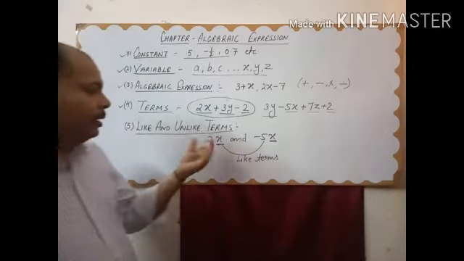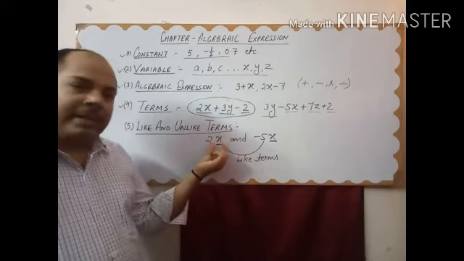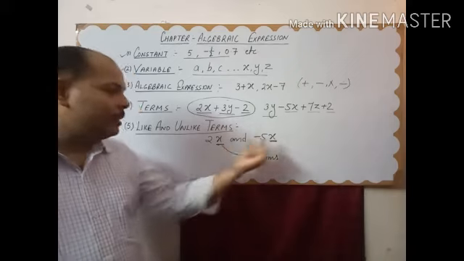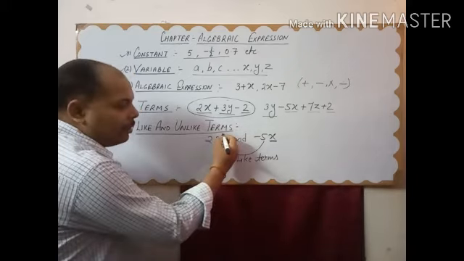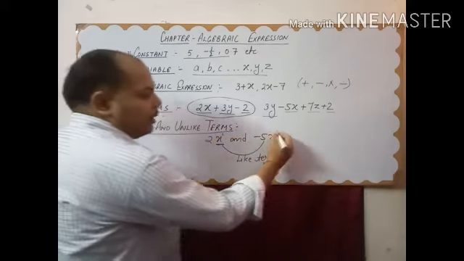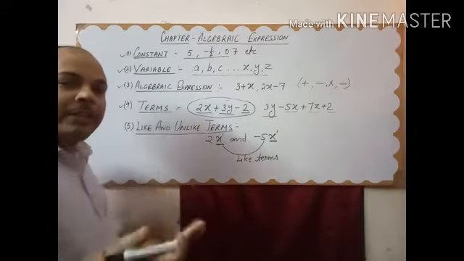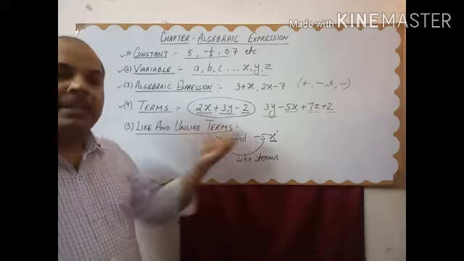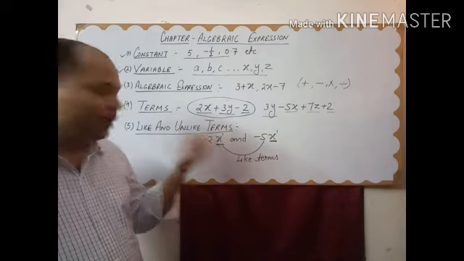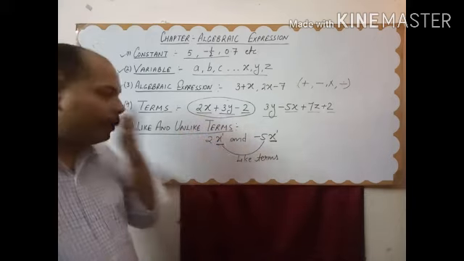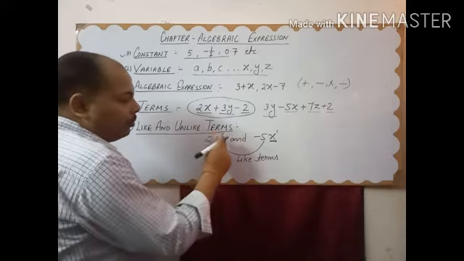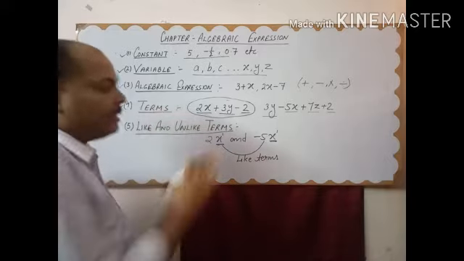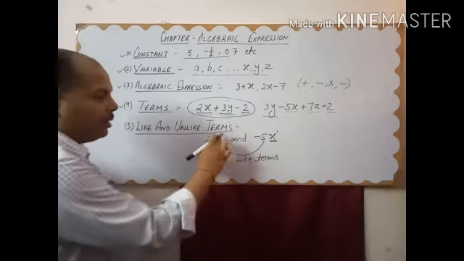Clear? When your literal factors are the same, like here it is x and here is also x, both are same. Here if you see, the power of x is 1, and here also the power of x is 1. The degree, in the exponent chapter we have explained to you what is the degree of exponent, what is the degree of term. Okay, so both are same, both the literal factors are same. It means these are like terms.